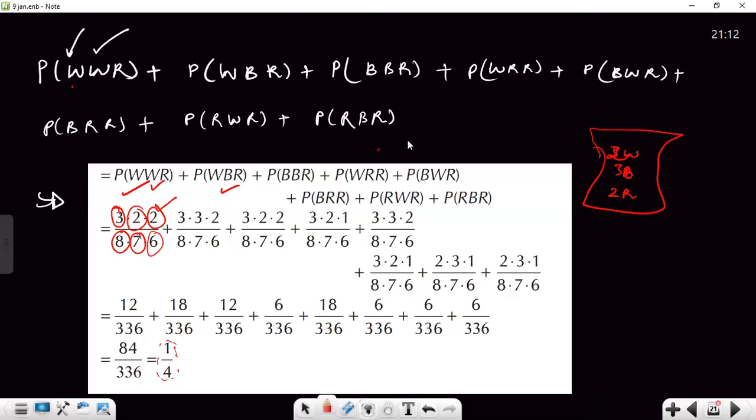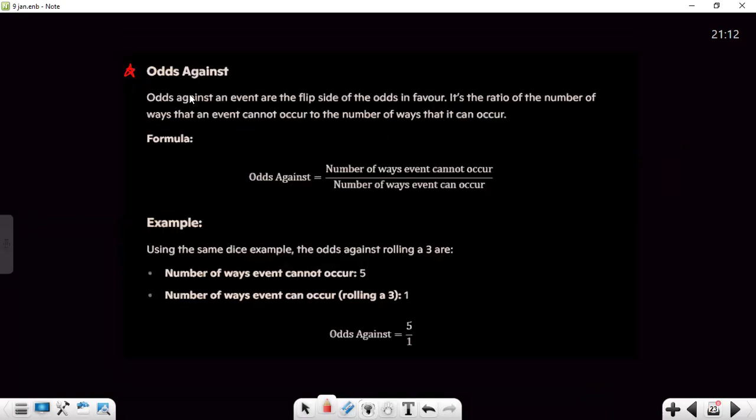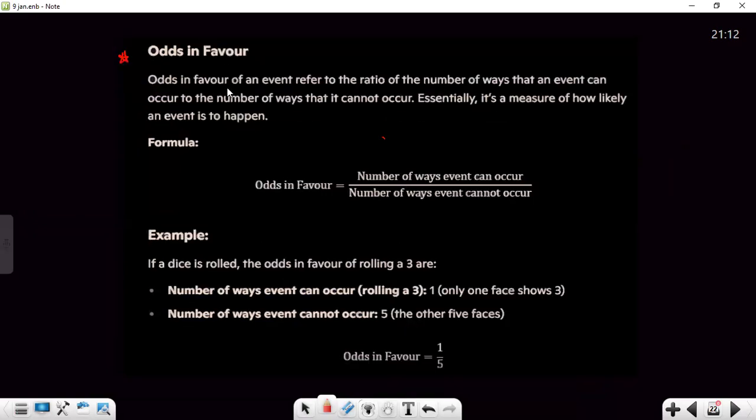Okay, let's move ahead. This is an important topic: odds in favor and odds against any event. This is asked in questions directly, where you will be asked to find the odds in favor or odds against any event. Simply, when we used to find the probability,